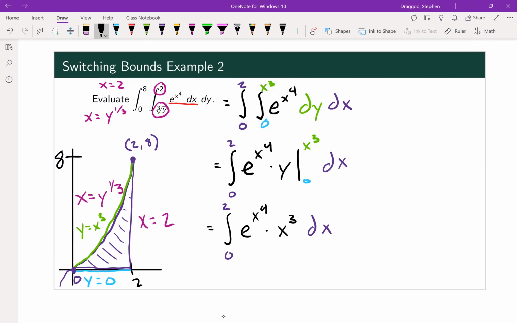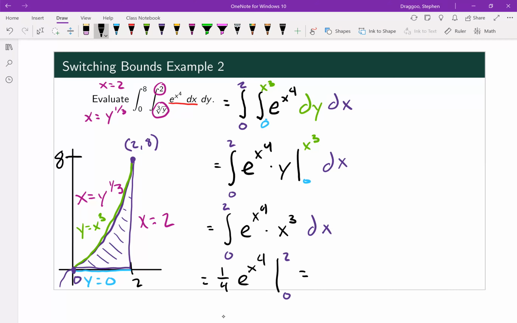And then this next integration won't be so bad because now we have an x cubed term that we're multiplying in, so u substitution will go pretty well. U is going to be x to the 4th. Du will be 4x cubed. So this integral should be 1/4 e to the x to the 4th, evaluated from 0 to 2,